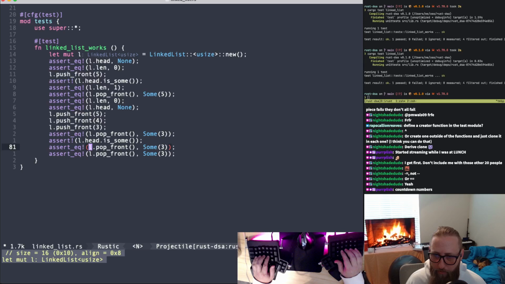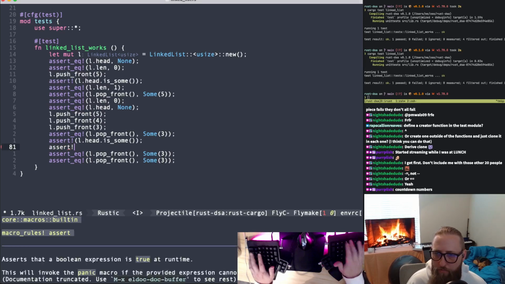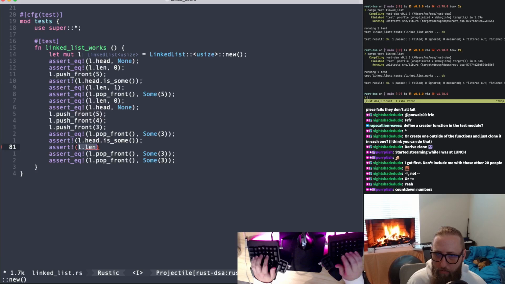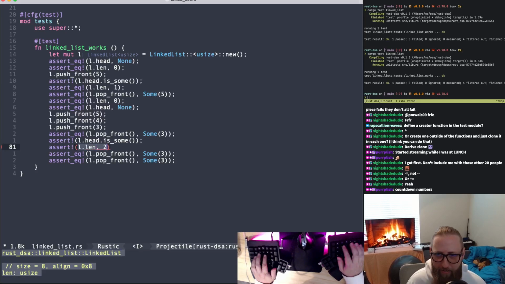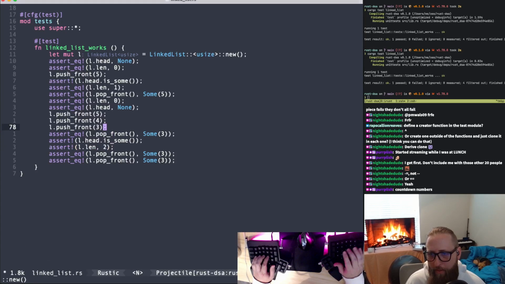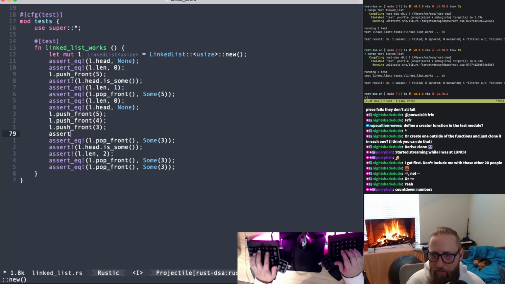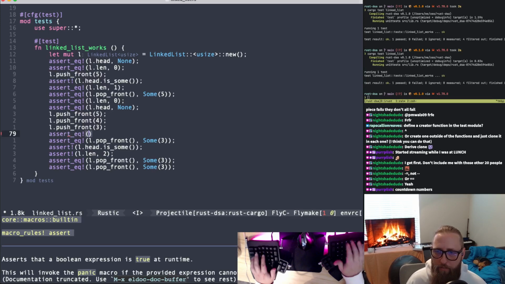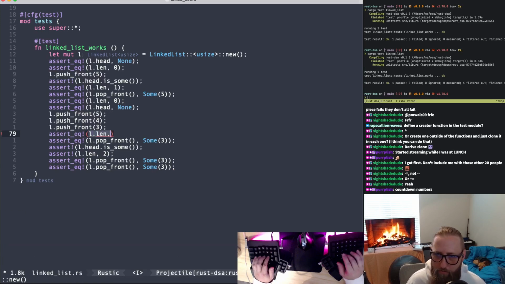Yeah, we're getting there. I just want to make sure that our length, I mean, I know it works fine. Of course it's fine, but we just want to make sure that we didn't do anything too stupid here. And this is supposed to be